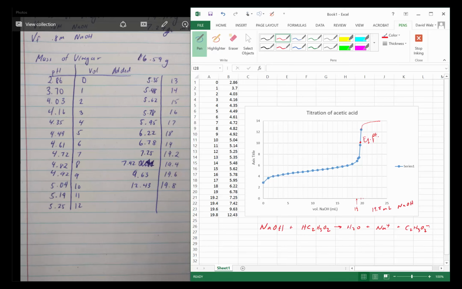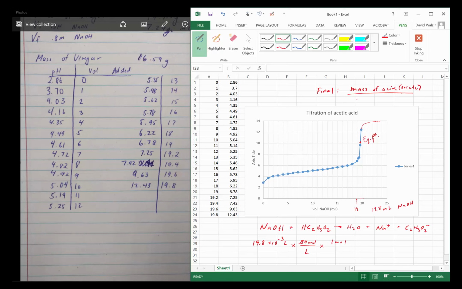Then we go 19.8 times 10 to the negative third liters times the 0.8 moles per liter we used, and we want to figure out how much acid that is in moles. Our final unit is going to be the mass of the acid or solute